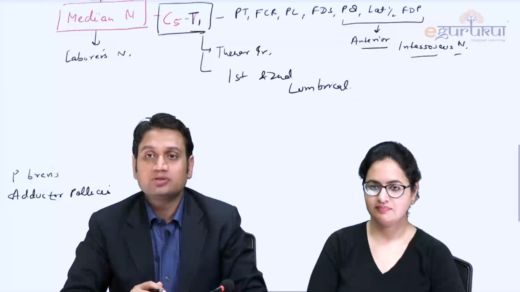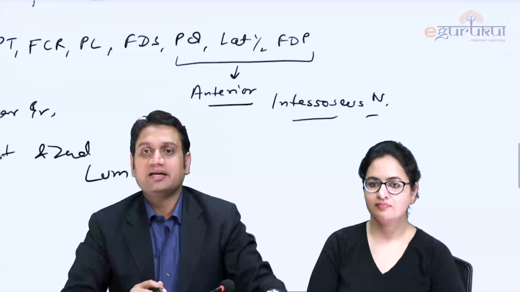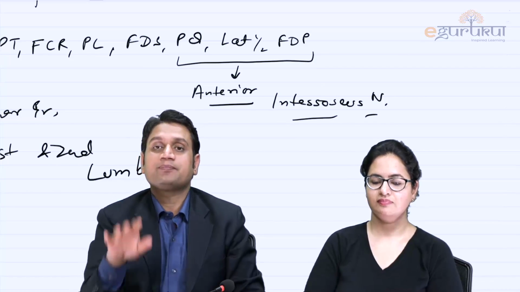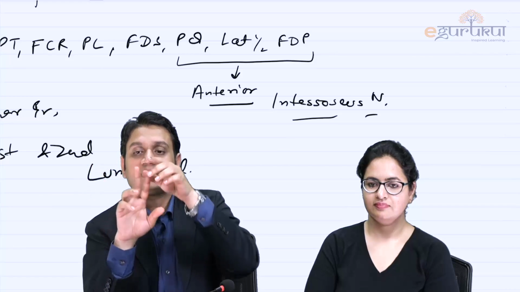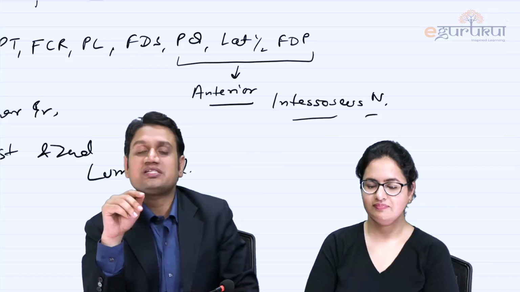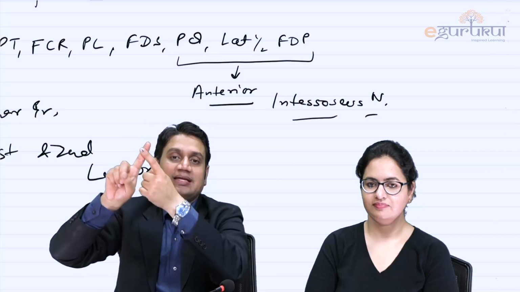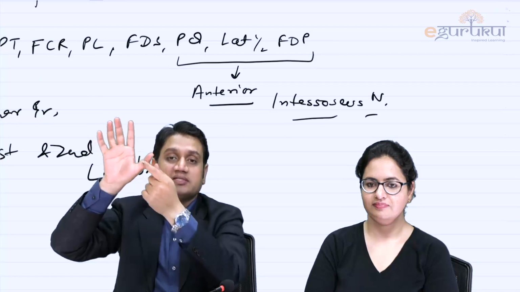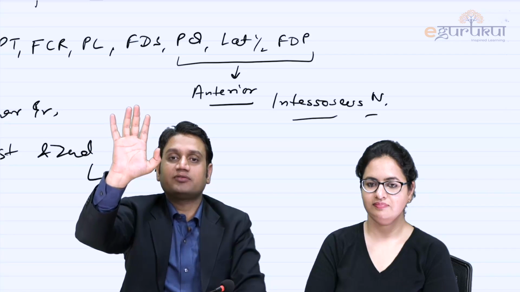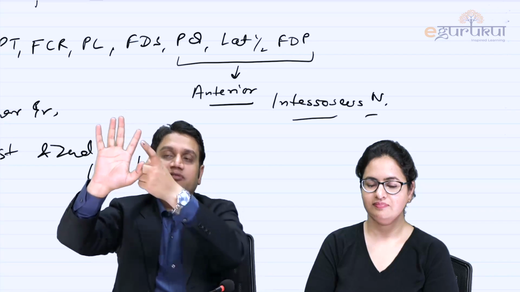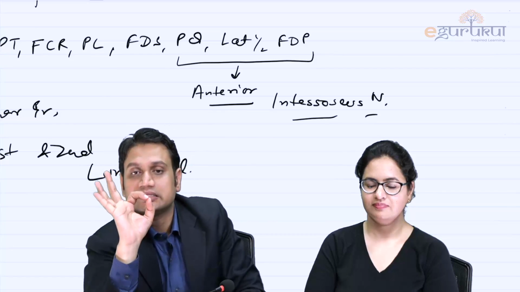Coming to the next, the anterior interosseous nerve. Now see this. What ma'am has clearly mentioned, lateral half of FDP. That means this flexor digitorum profundus. Now how do we check for this? FDP of this index finger, that is the last joint, and flexor pollicis longus of the thumb. Ask the patient to flex the IP of the thumb, and ask the patient to flex the distal IP of the finger like this. Ask the patient to hold it like this.